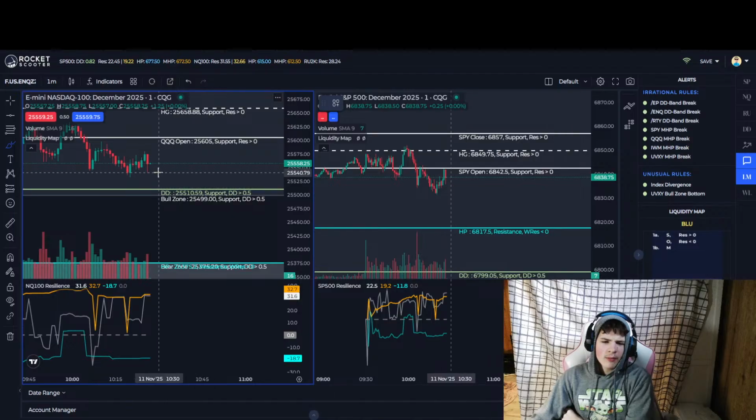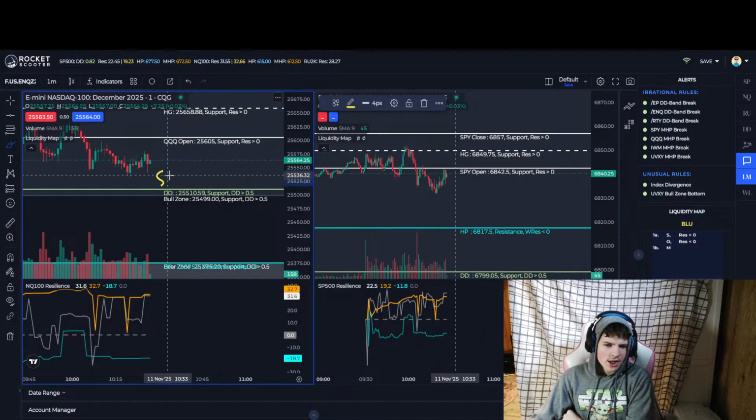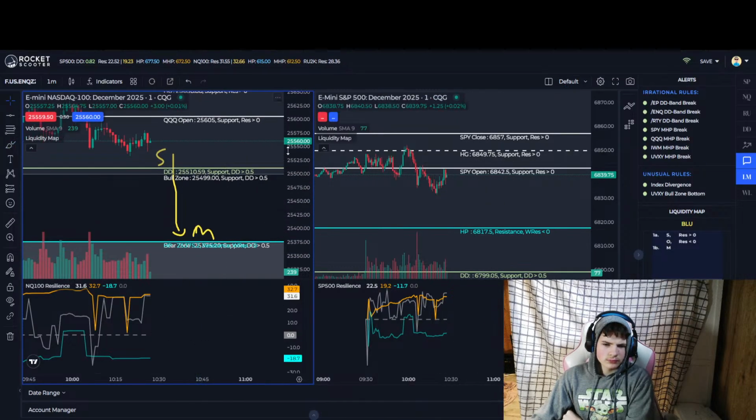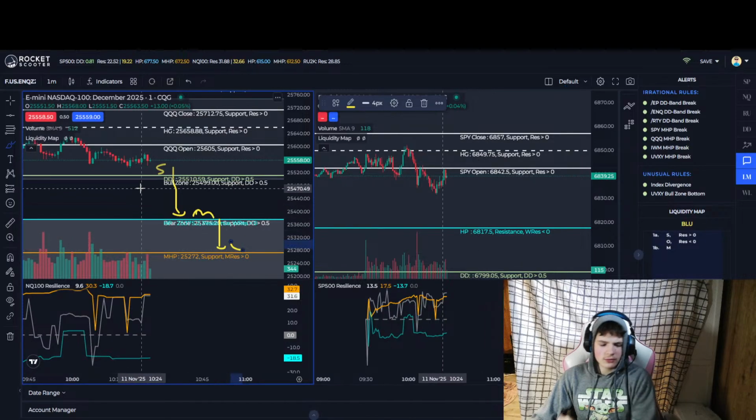What he's taught me is, depending on where all these spots are, you can scale these points. You can take a small trade here. If it fails, you take a medium here. And if that fails too, you can take a large here. Rocket Scooter, well, that was a bad L.